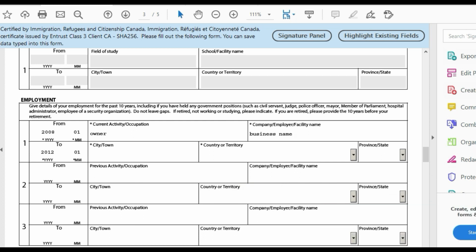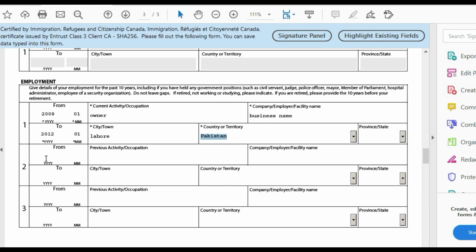Business name you have to put here. Which city? Lahore, Pakistan. Like this I have just given you an example. Here you have to put the current one. I just put a previous one, but here you need the current business, meaning what you are doing in 2020. That was for your current activity you are doing now. Previous activity you have to write down here, and any more previous activity in the last 10 years you have done, you write down here. If you have only one, just write down one. If you are doing only one business for the past 10 years, you have to completely explain it here.